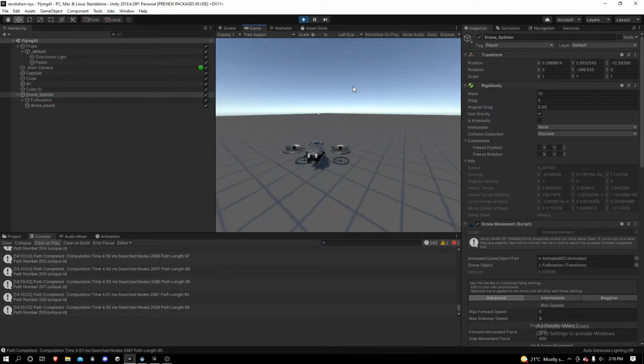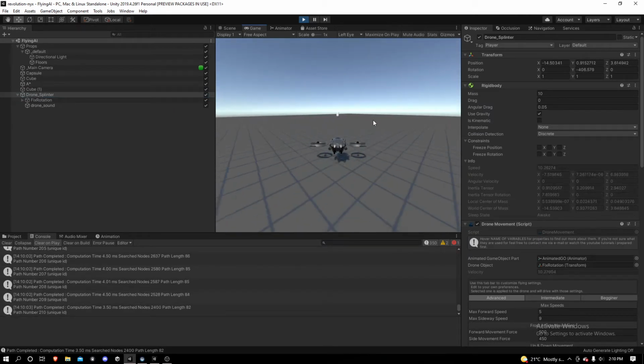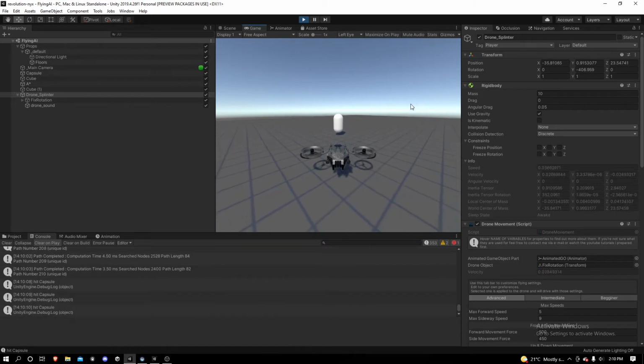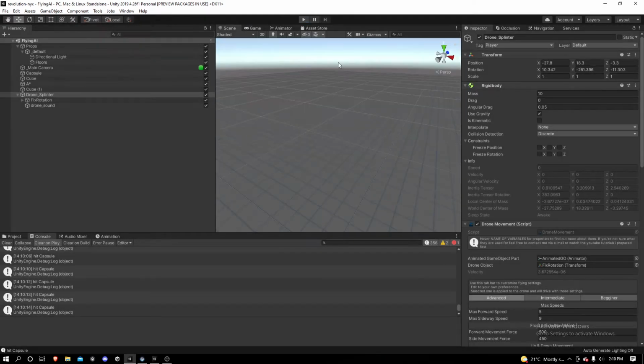You can go into game view here and watch it go, and go all the way to the target. And boom, there it is. Got too close, so it backed up a little bit there, and now it's attacking it. Going over wandering a bit more. Let's just